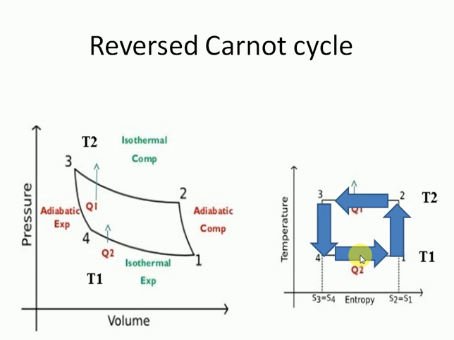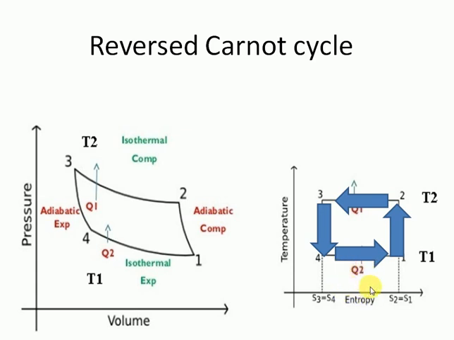That refrigerant gets converted from liquid to vapor, and it accepts the heat from the refrigerated space. So like this the reversed Carnot cycle operates. In this reversed Carnot cycle, you are supplying the work done and producing the net effect,